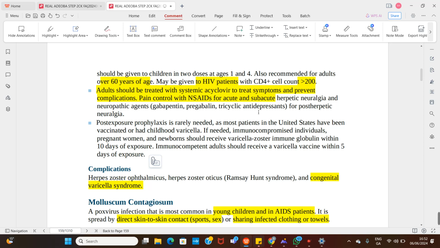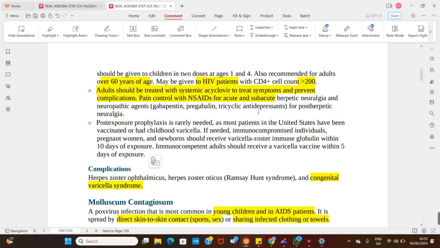And if the individual is now having the postherpetic neuralgia, in that kind of case you need to give them much stronger stuff like your gabapentin, your pregabalin, and your TCA. But if it's just acute or subacute herpetic neuralgia, just give them NSAID. So don't forget,